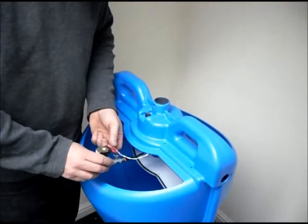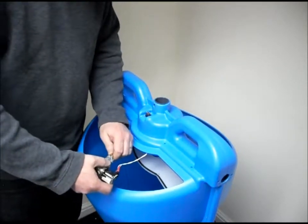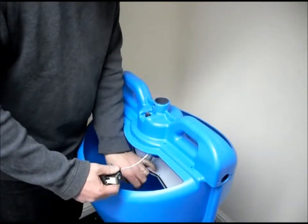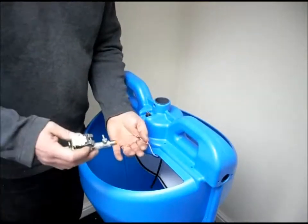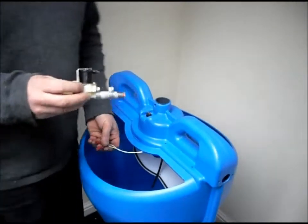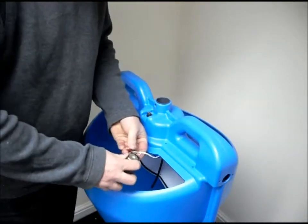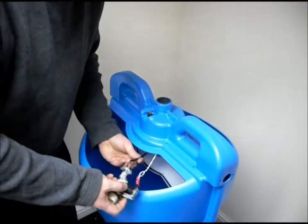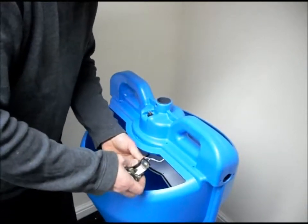So, to change the valve, it's got a quick fit coupling. Earlier ones had some spring clips holding it in position. This now has a quick fit coupling, and 2 spade connectors. The polarity doesn't matter. You get your new valve, and it's just a matter of reversing the process. Connect the spade connectors, again polarity doesn't matter. Make sure you insert the valve fully, just give it a little tug, make sure that's actually home and sealed,